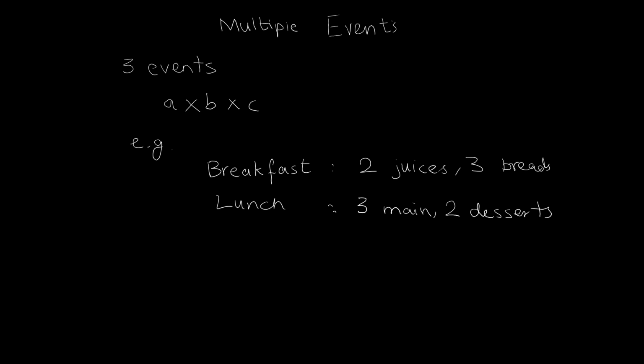mains, and desserts. In this case, first of all, we need to find the number of choices for each meal, for breakfast separately and for lunch separately. After that, we can calculate their total outcomes. For example, for breakfast, it would be 2 times 3 because there are 2 juices and 3 breads. Similarly, for lunch, 3 mains and 2 desserts. And hence the total meals